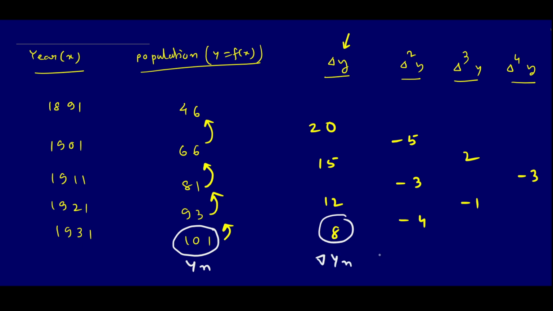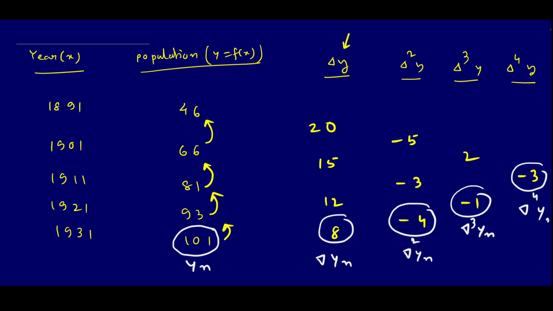So we are making the forward difference table, but there also you'll find all the same values. This is our nebula square yn. Then this term is our nebula cube yn. And this is nothing but nebula to the power 4 yn. So we'll put from the bottom. The first term is our x0, x1, x2, x3, and x4. These are the different arguments.